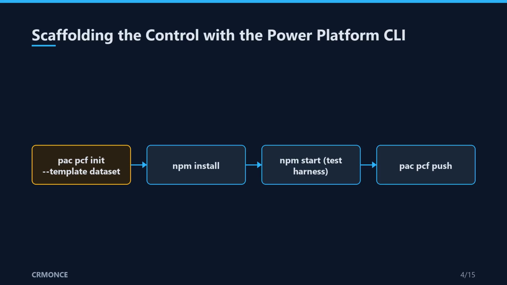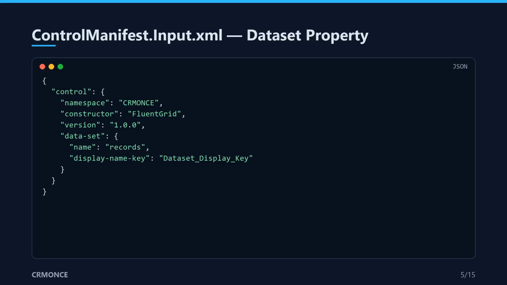Next, npm install pulls down the node packages our React and Fluent UI code depends on. Then npm start spins up a local test harness right in your browser so you can preview the control before it ever touches Dataverse. Every PCF control is described by a file called ControlManifest.Input.xml, and inside it you'll